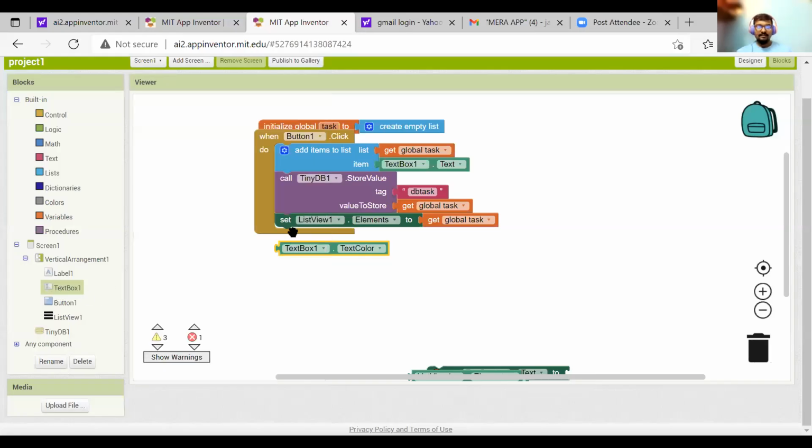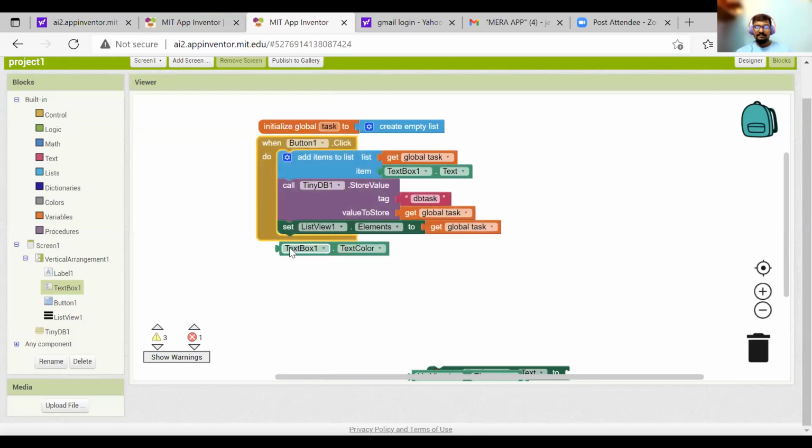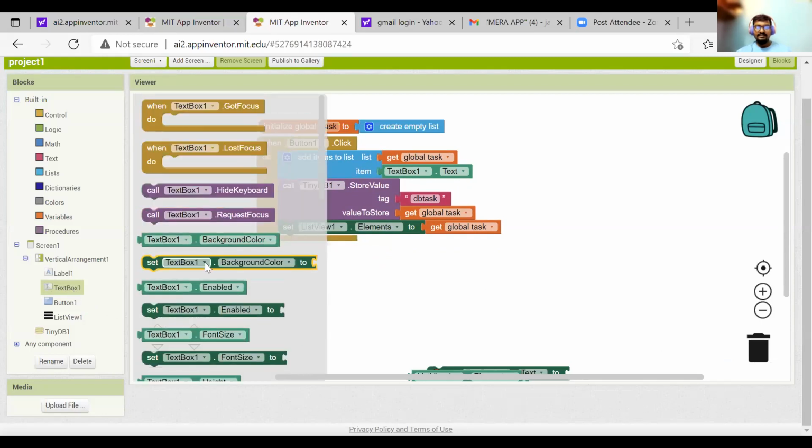Yeah, okay. So first we have to introduce set. If you can drag it into the dustbin. It doesn't go into the dustbin. Okay, what should I introduce before? So click on text box, then set text box or text color or anything that is set.